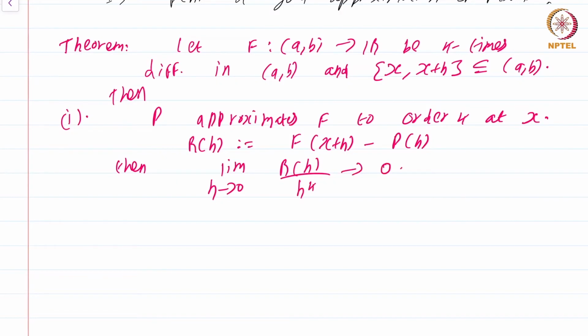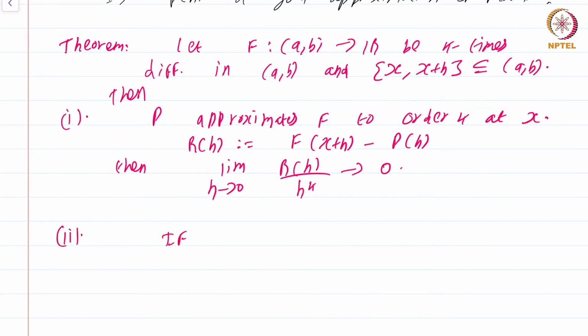Okay, so this just says that the remainder term f of x plus h minus p of h gets really small as h goes to 0, and this is quantified by saying it approximates to order k. R of h by h power k itself goes to 0, not just R of h by h as what happened in the definition of the derivative. Number two,